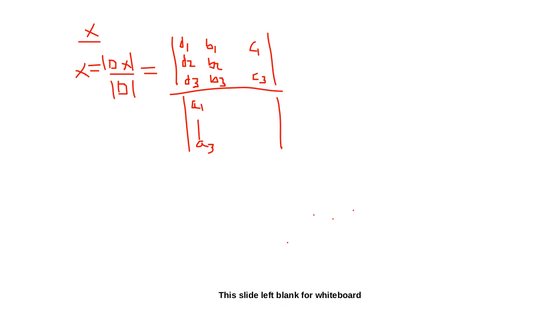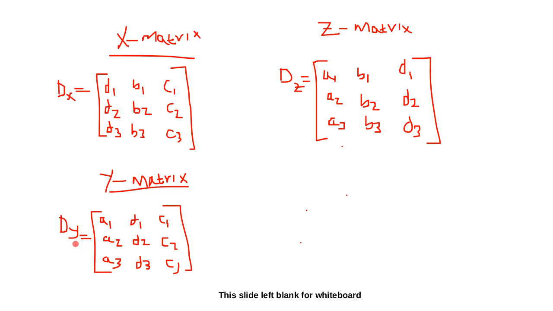Remember, we have already shown you how to get dx, dy, and dz. We also have the value of d. So when it comes to the value of y, we'll just take dy over d. When it comes to the value of z, we'll take dz over d. So what I want us to do is to look at an example, so that we can now work it out with numbers, without working with A, B, and C. So assume that we are having a matrix in the form,